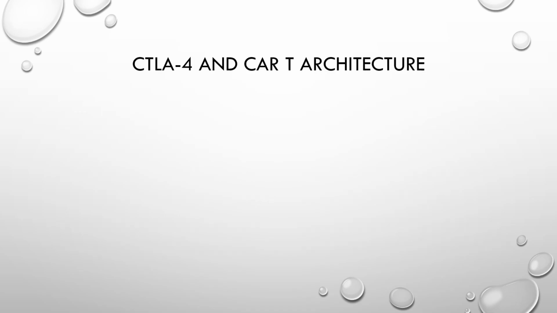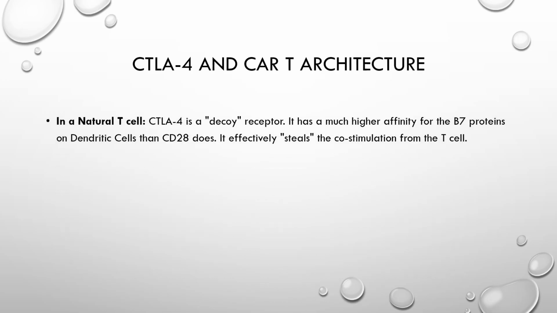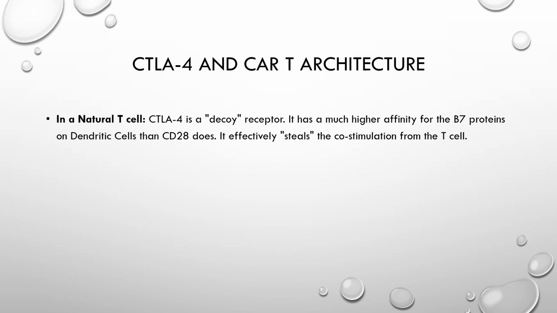I just want to talk about CTLA4 and CAR T cell architecture, and this is just a brief slide because it's not really relevant for the CAR T cells, but it is relevant for the normal endogenous T cells. CTLA4 is a decoy receptor. It's a normal thing because you don't want that overactivity. So it has much stronger binding to the B7 proteins, the CD80 and CD86 proteins that are exhibited on dendritic cells or other cells,